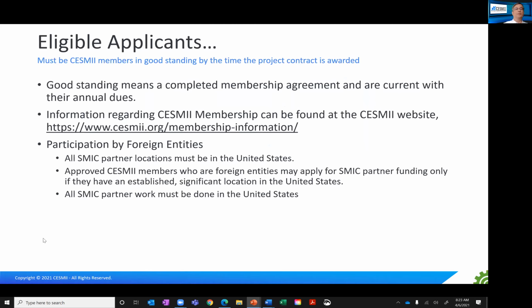So who's eligible? Currently, anyone can submit a proposal. Whether you're a member or not a member of SESMII, you can submit a proposal. But if your proposal is selected, everyone has to be a member in good standing by the time that the project contract is at UCLA. A member in good standing means you signed all the SESMII membership agreements and provided all the support documentation, and you're up to date on your annual dues, your annual membership fees with SESMII. So more details on this can be found in the SESMII